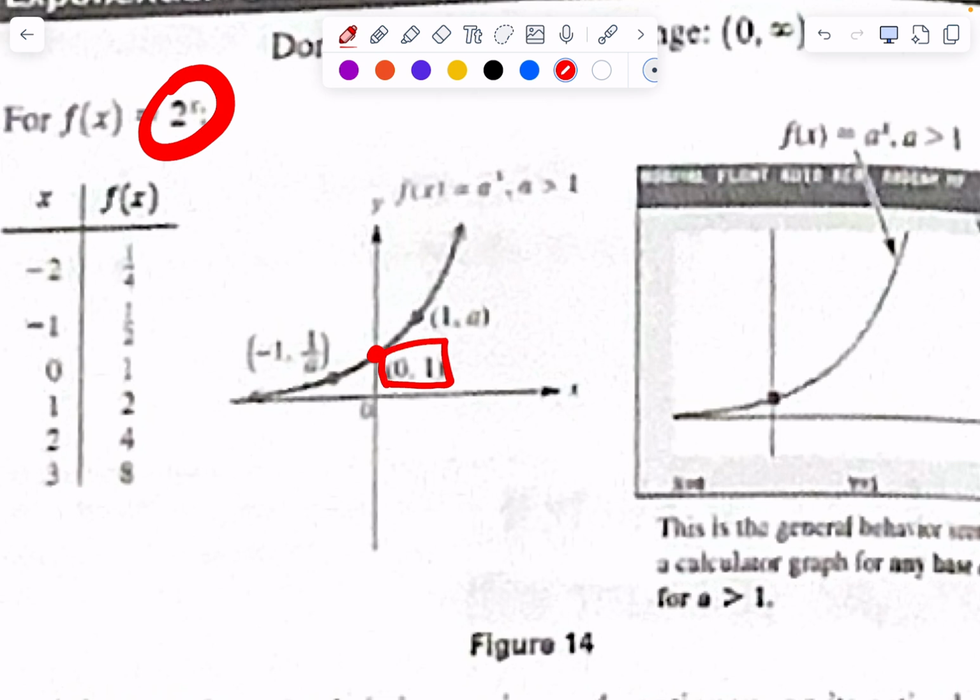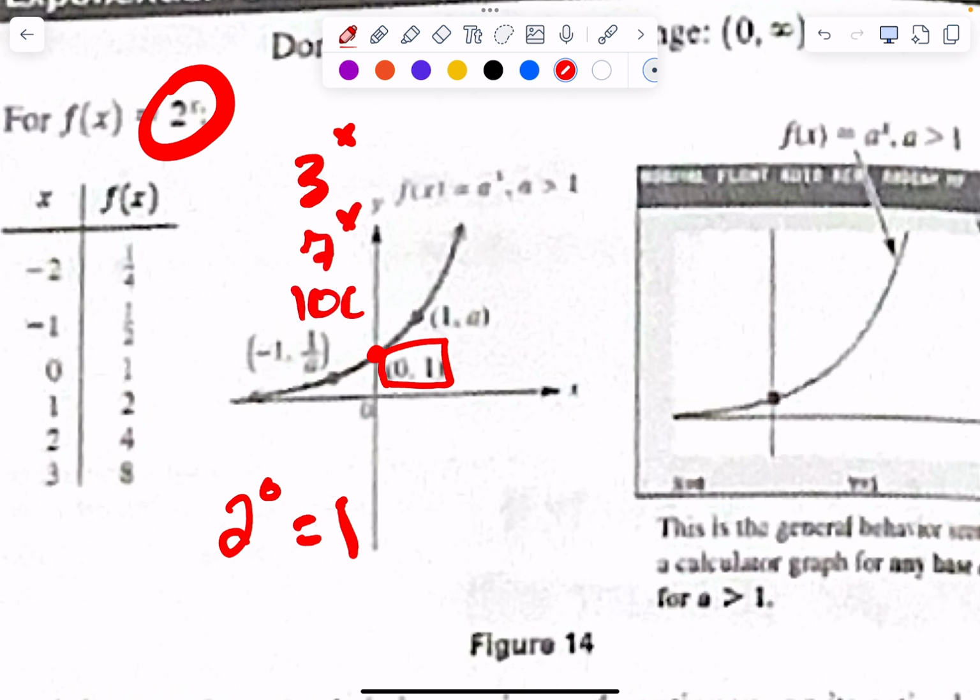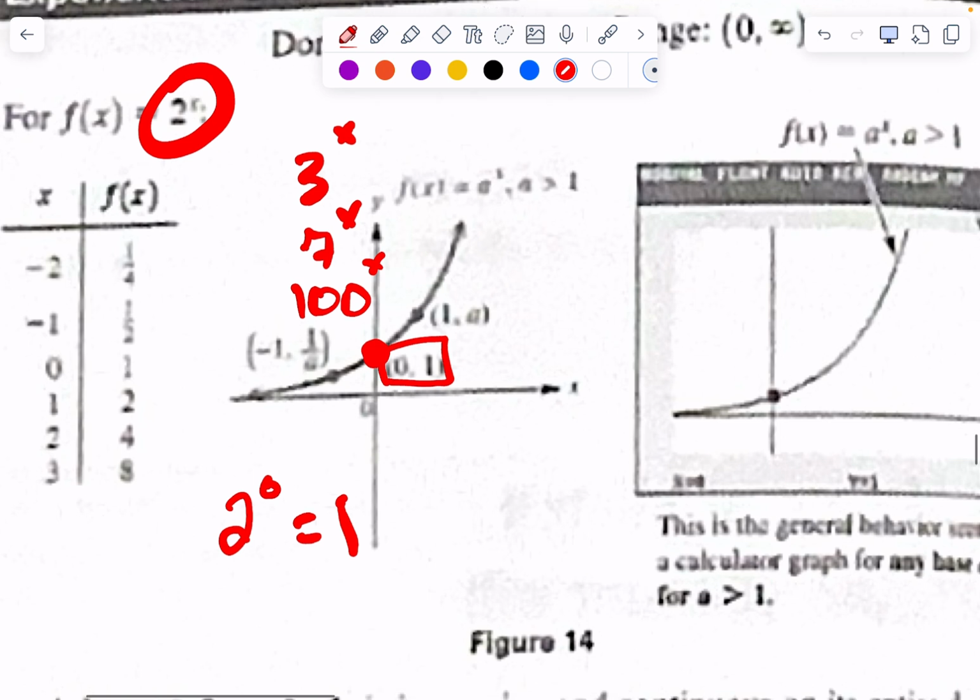If I plug 0 in, what's 2 to the 0 power? What's anything to the 0 power? 1. Anything to the 0 power is 1. That's why if this was 3 to the x power, or 7 to the x power, or 100 to the x power, he would still cross here at 0, 1, because if you plug 0 in, you're going to get 1, right? Anything to the 0 power is 1. So he's always going to cross there. Okay? I say that,